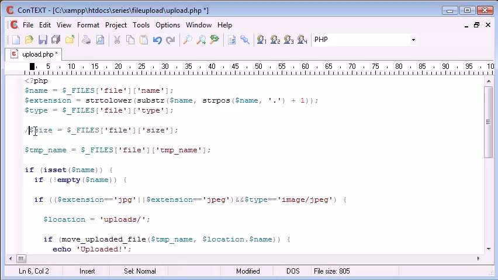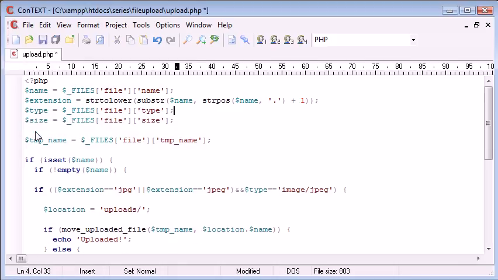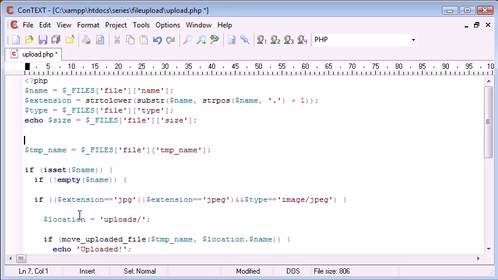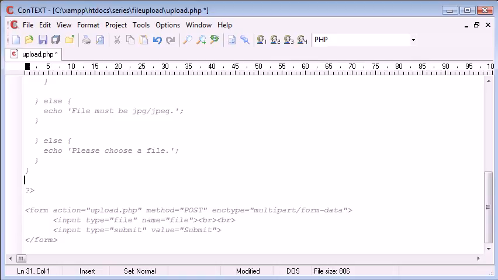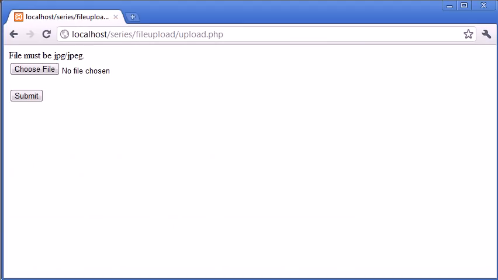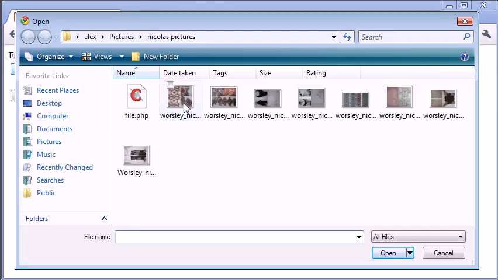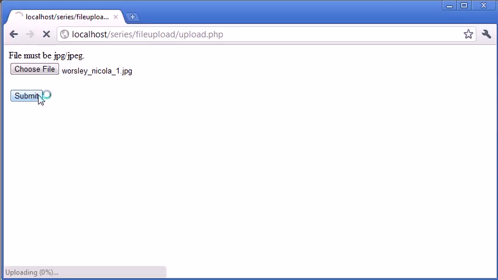Now, file size is actually processed through in bytes, so we can uncomment this now because we want to use this. So let's just echo that out and then we'll comment out the rest of this code so we can preview the result of this. So let's just go and choose a file. We'll choose this image file again and click submit. Now you'll see that this file has been returned at